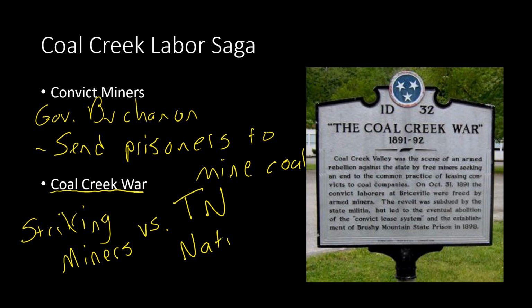So the governor, when he sends in prison convicts, he sends in military to guard them. And so what happens when they get there, the striking miners realize, hey, this isn't good. These prison convicts are in our town and working our jobs. We need to stop this. And so the striking miners actually attack the prisoners and the National Guard. And what's crazy is they defeat them two times. Like the striking miners defeat our Tennessee National Guard. And they send the prisoners and the National Guard back to Nashville and say, tell Governor Buchanan, don't come back. So obviously that's pretty embarrassing for the governor.